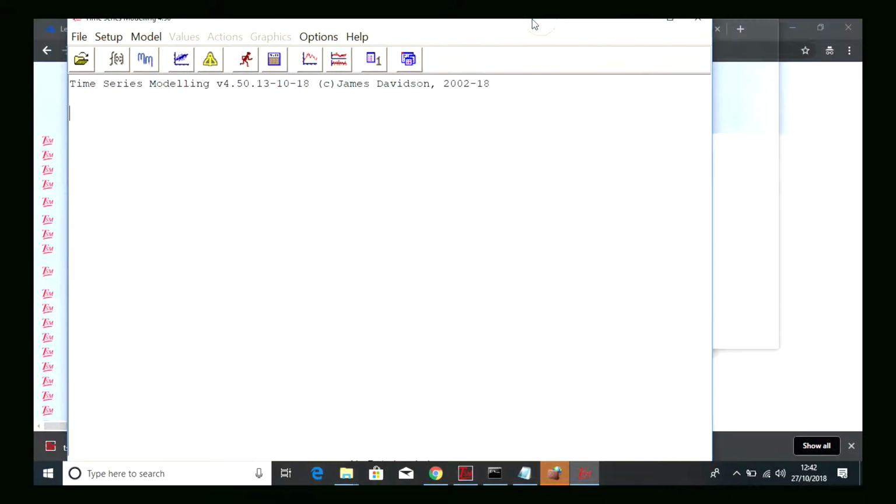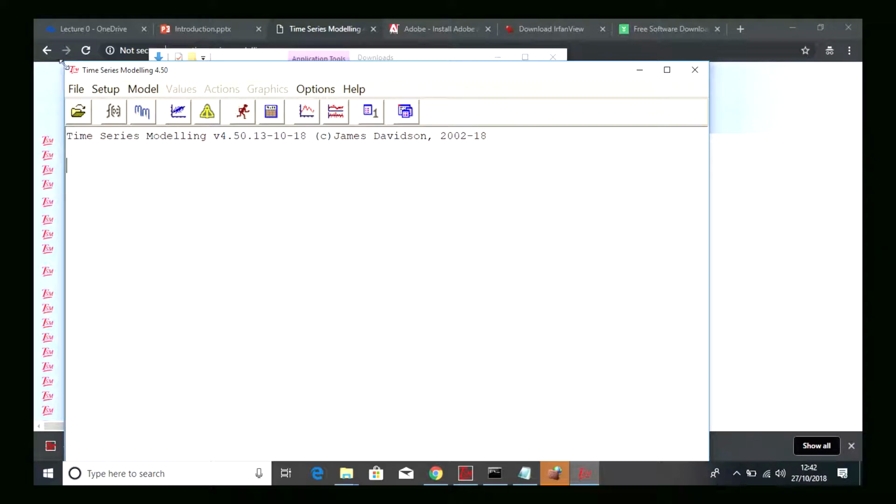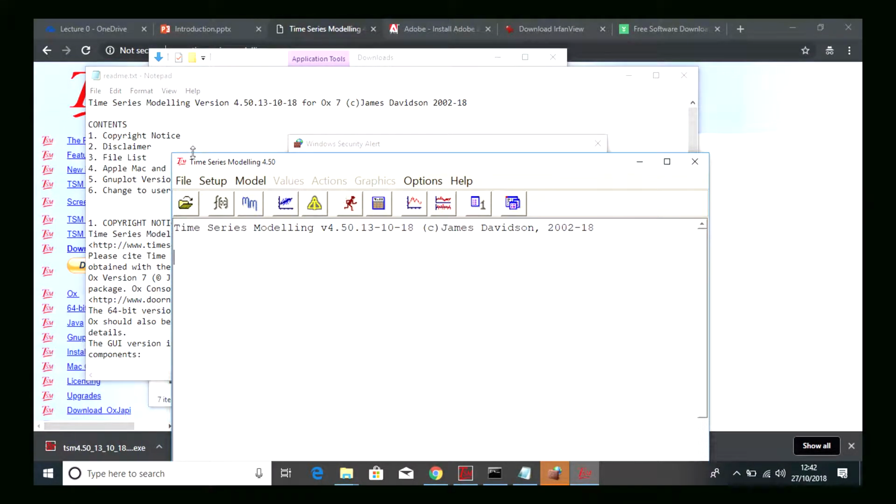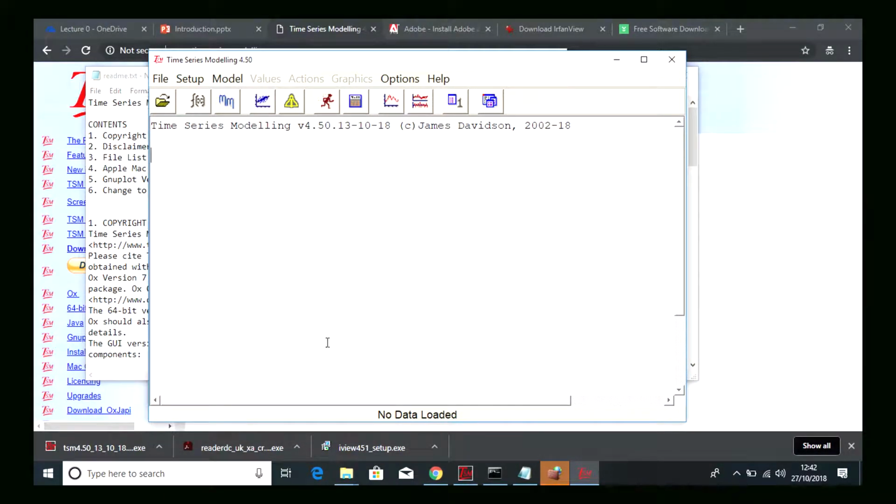I hope this will help many of you who are finding it difficult to go through all the technical steps for installing TSM. Obviously there's no data loaded yet, but once you add some data, that would be running successfully. Okay, I'm gonna stop here, and I'll see you next